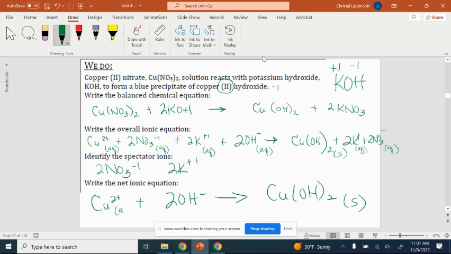So we only get this last thing, nitrate. Then we have 2 potassium again, plus 2 NO3 aqueous. Copper hydroxide is a precipitate, and if it's precipitated, then it's solid. Whereas this is